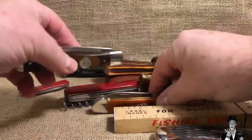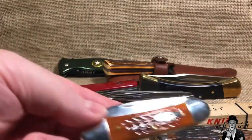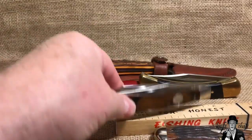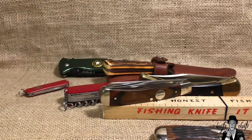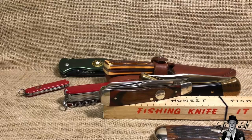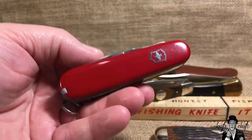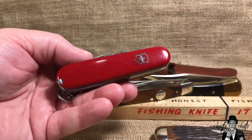So those knives could work. I would not go with the canoe so much simply because the trapper is so much better known. And I've got another knife that I could use in place of the canoe. Now, worldwide, this knife is known just about everywhere, and that is this is the